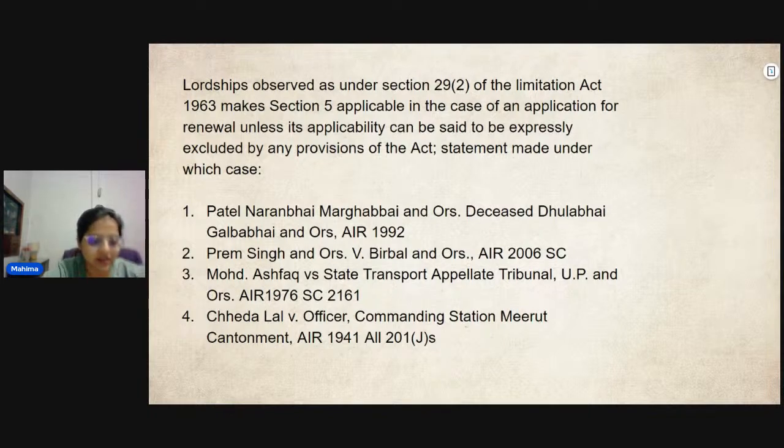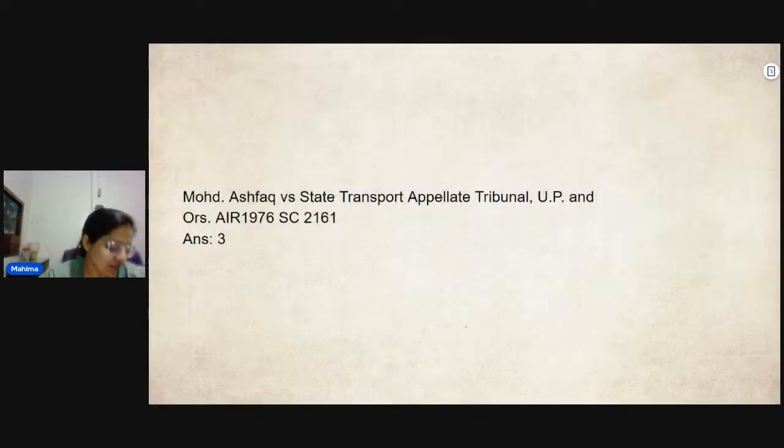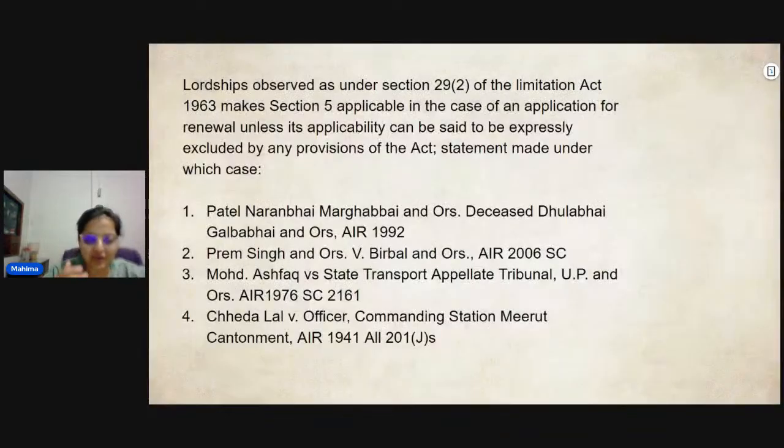Come on, guess it. I know most of you will pass the question. Okay, Divya is saying option number three. Yes, it is option number three, because option number one and two were already done. So you mention this case law in front of section 29 only.